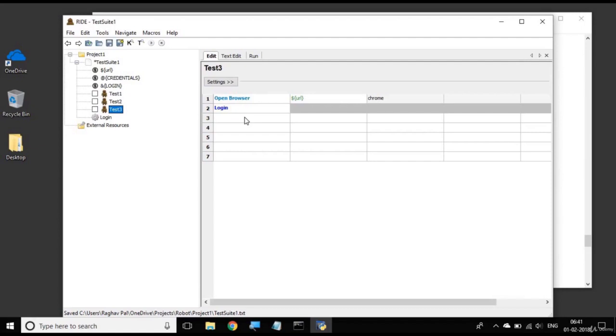So now here it is, and now after this I will say close all browsers. Okay, so now we have referenced it here. Let us see if it runs properly. So what I'm going to do is